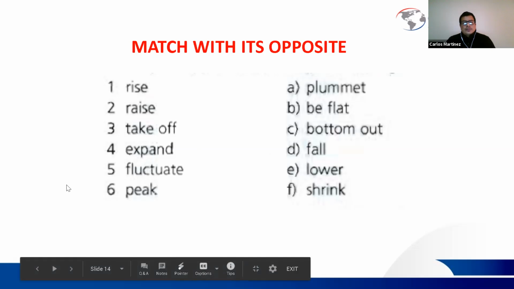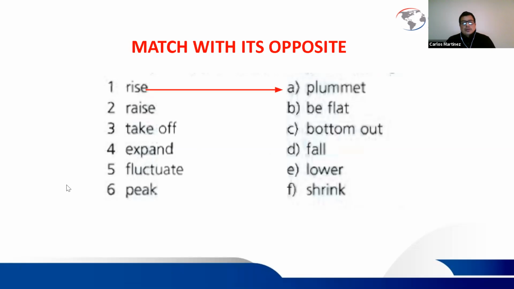For example, the opposite of rise is plummet. Rise, plummet. Now we have raise, fall. Raise and fall. Then we have takeoff. The opposite of takeoff is lower. A takeoff is like when planes take off, they go up, you know, and